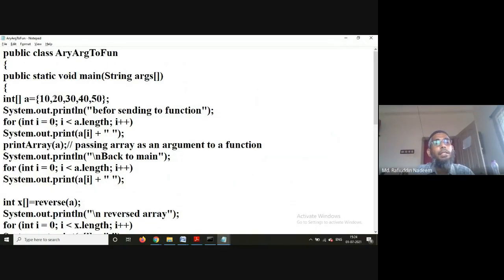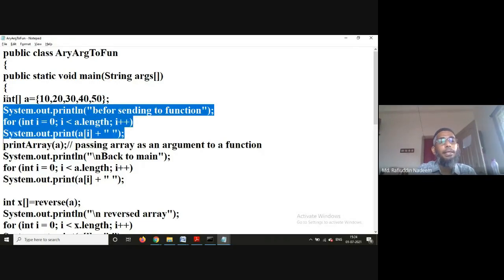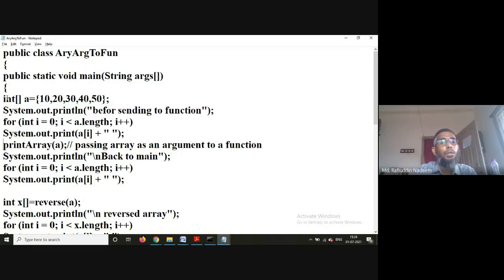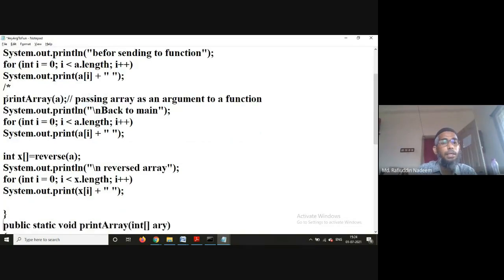Now look at this particular program where I'm going to assign the values 10, 20, 30, 40, 50 to an array. Then before passing it to a method, I am just printing those values. I will go step by step. What I will do here is I'm going to make this entire thing a comment.